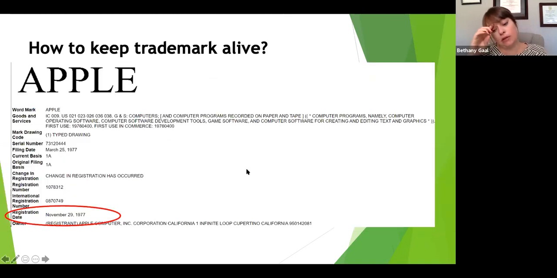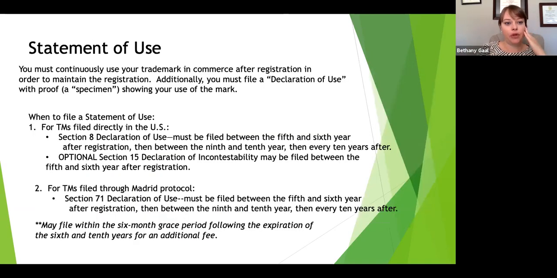Okay, the next subject that we'll go to here is how to keep your trademark alive. Once you're registered, you do have to maintain the trademark file with maintenance documents. And you see that registration date circled down there. That's important because from that date is what they calculate when you have to do these filings. So there's two main ones in the US. We have a Section 8 Declaration of Use, which, after you've been registered for 5 years, you must file,